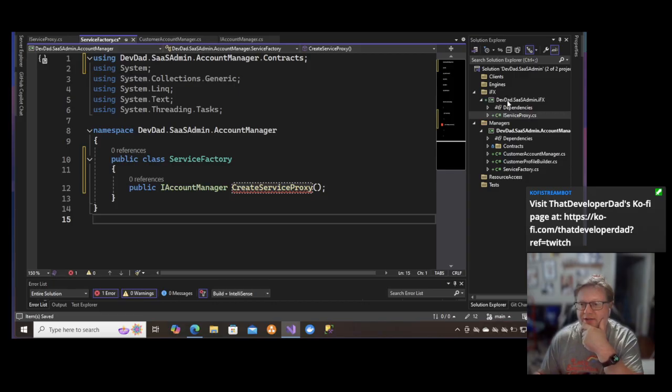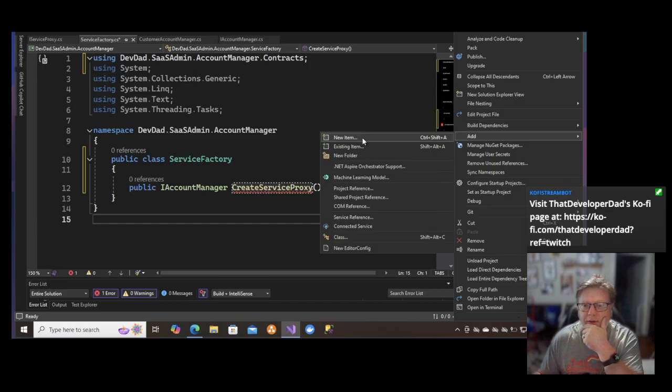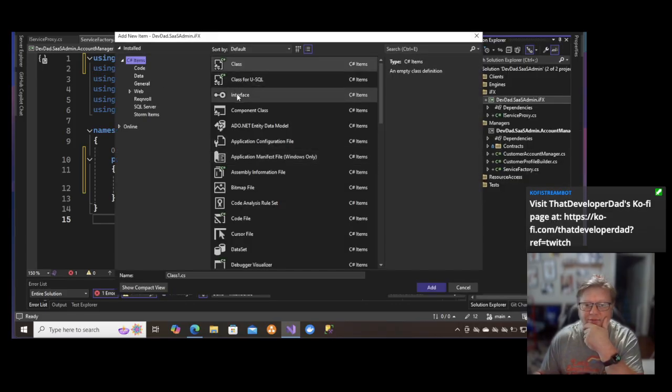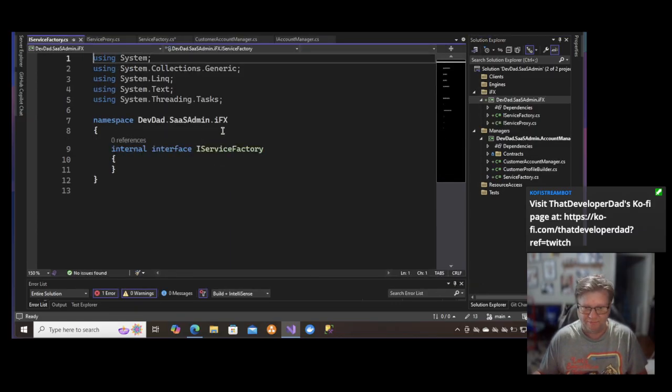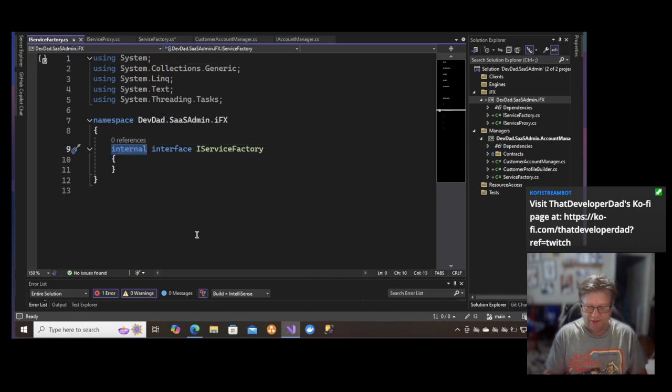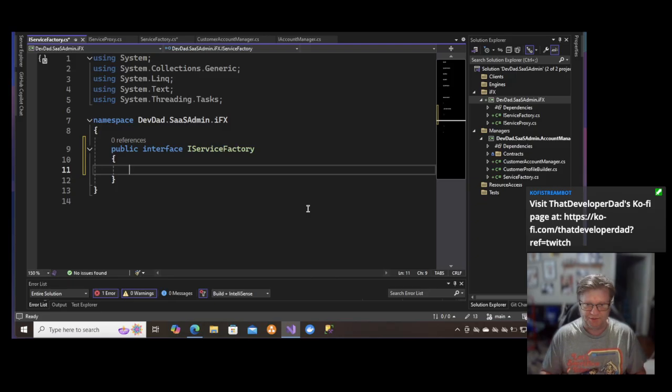We're also going to need an iService Factory over here. So we're going to add an interface called iService Factory. Add. It too shall be public. And it will describe